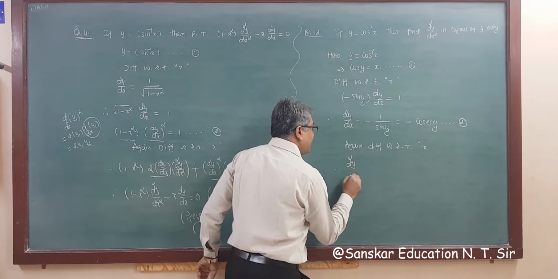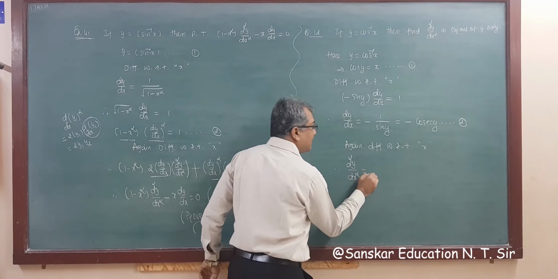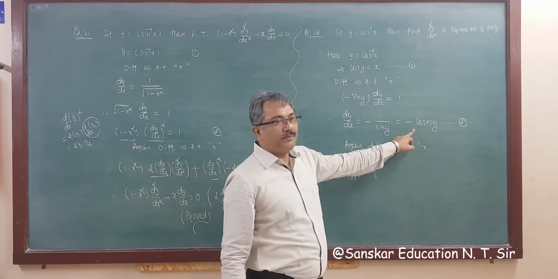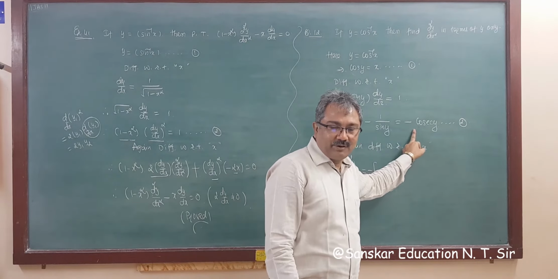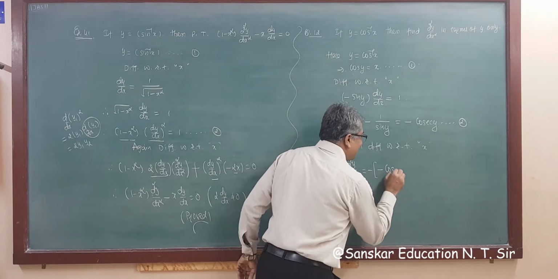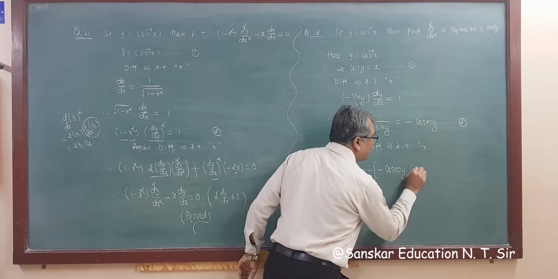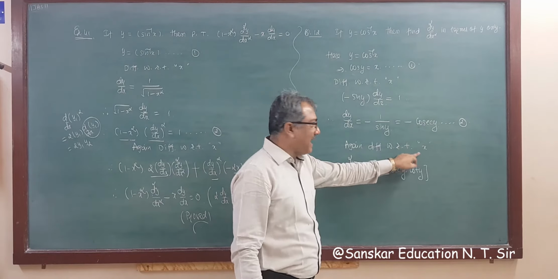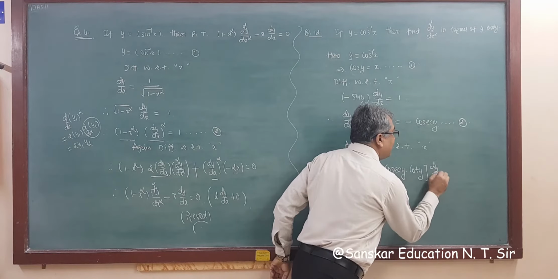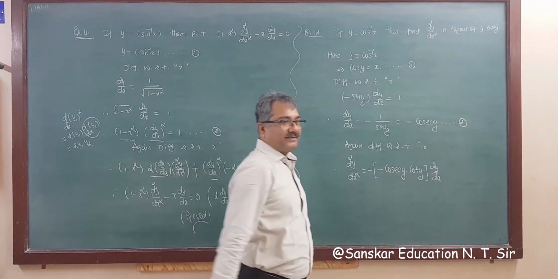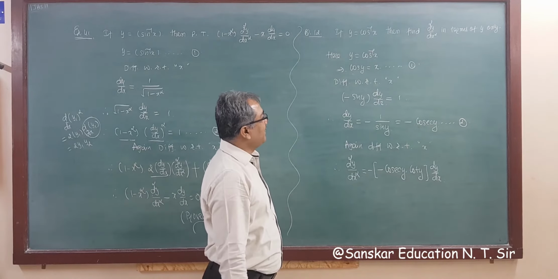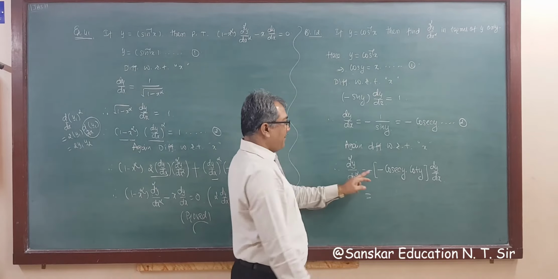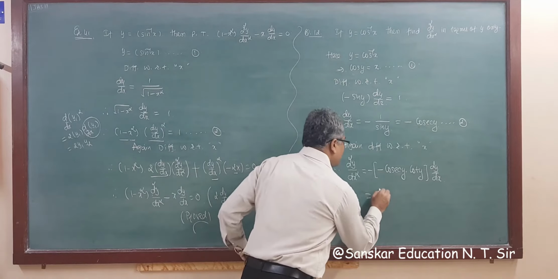So d square y by dx square is equal to minus, now derivative of cosec y. What is the derivative of cosec y? Minus cosec y into cot y, and we are differentiating with respect to x, so multiply by dy by dx. So this is minus minus plus, so cosec